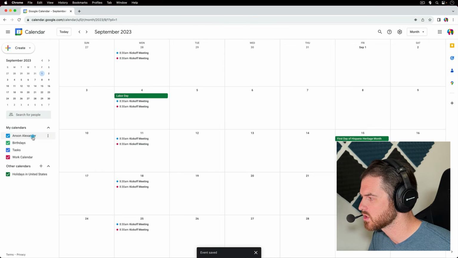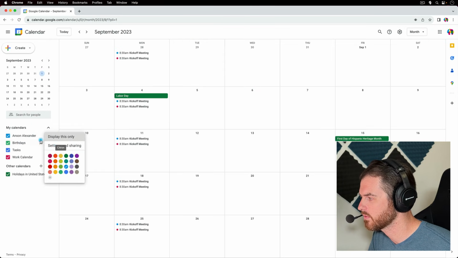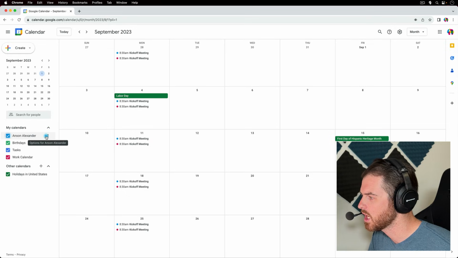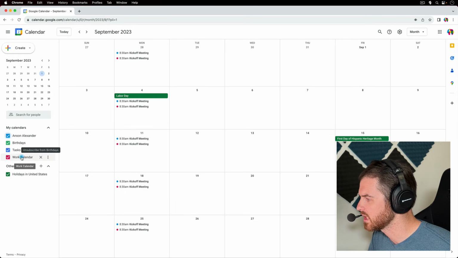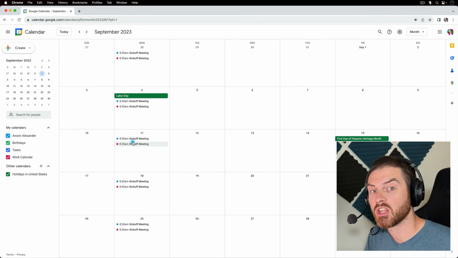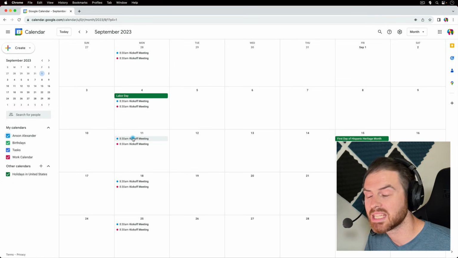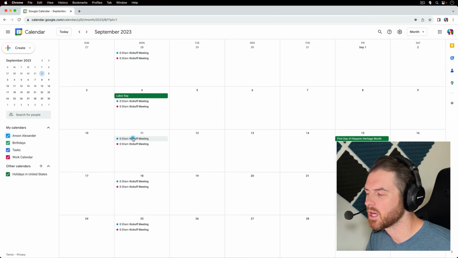You'll notice that we can change our calendar colors over here, from the 3 dots in the list over here. But by default, all the events are going to get the color of the calendar. So we actually created this event and it moved it to our work calendar, but notice something interesting. It actually duplicated this event. And it does that by default just in case Google Calendar doesn't want you to mistakenly delete things.